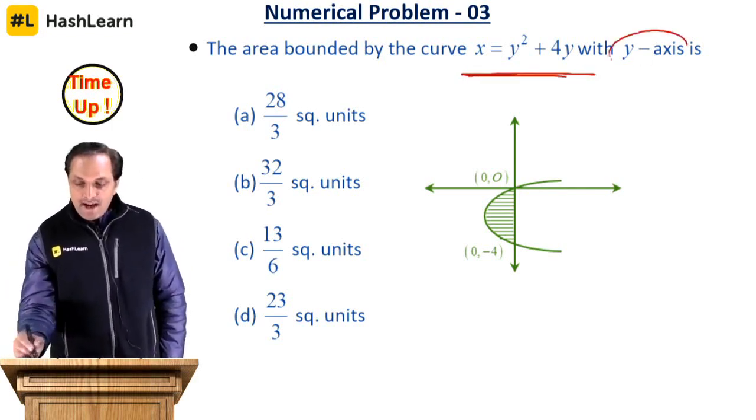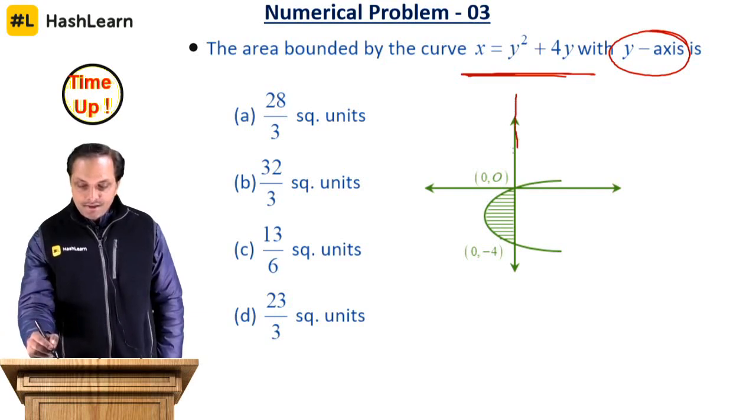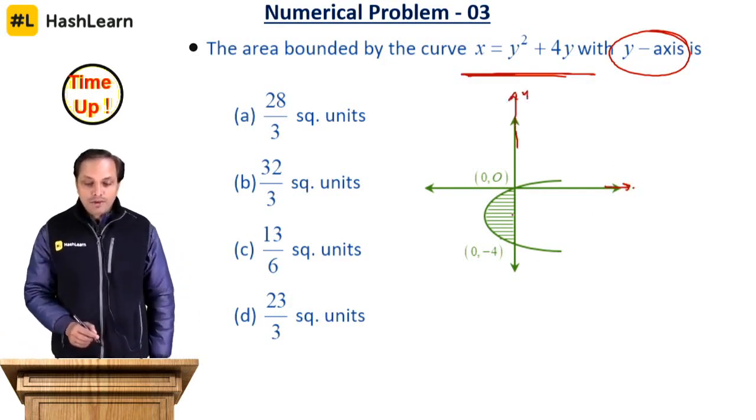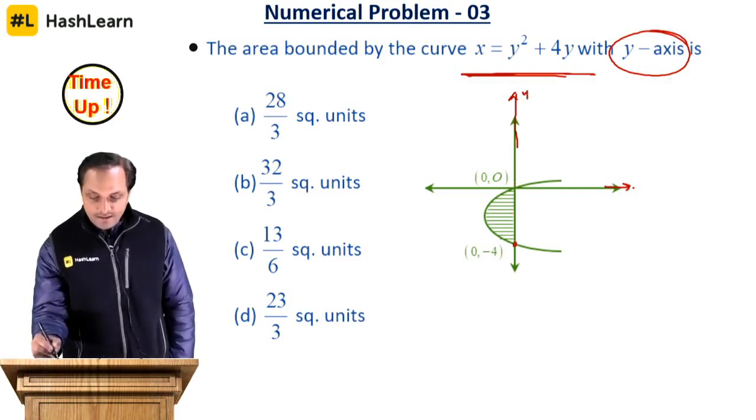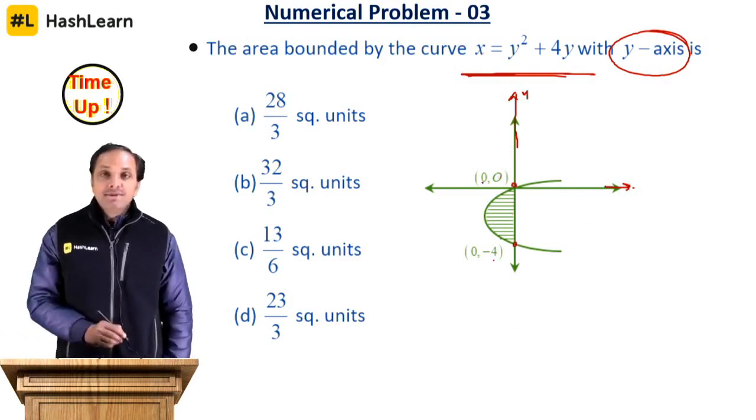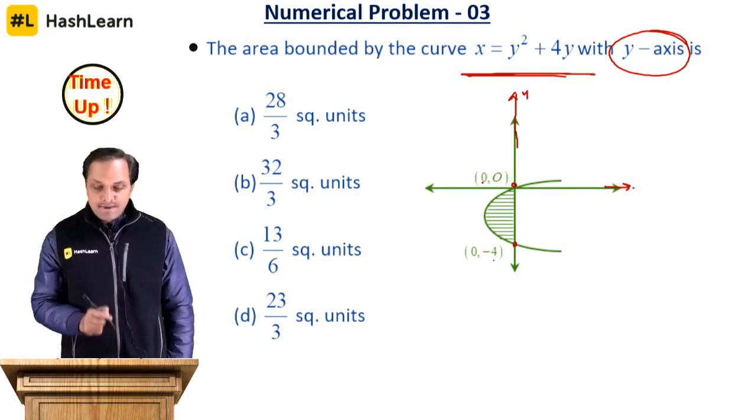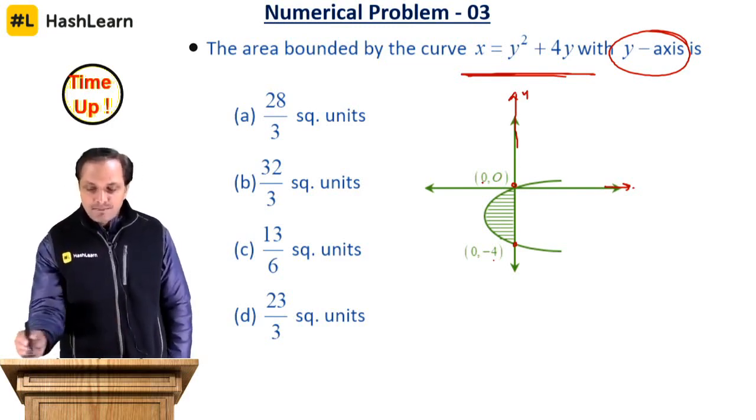So this is your y axis and this is your x axis. Limits are along the y axis. Look at the graph here. Minus 4 to 0. The limit is minus 4 to 0. So how to get these points? You know that